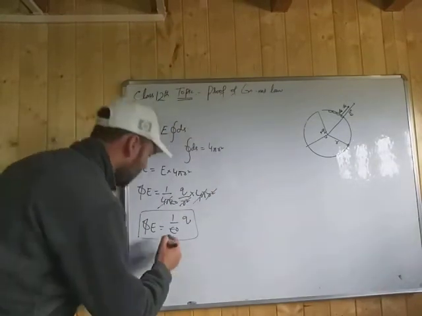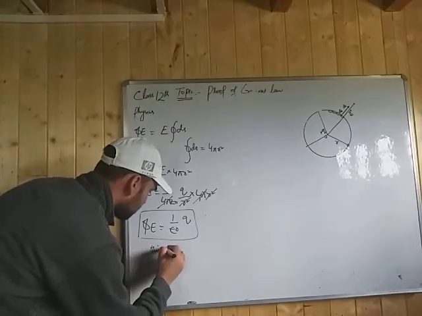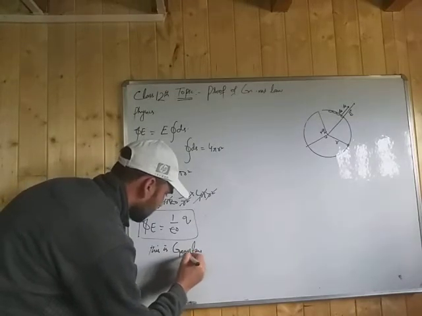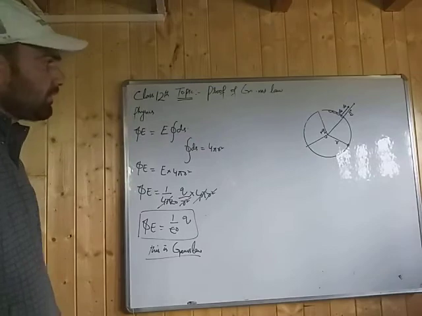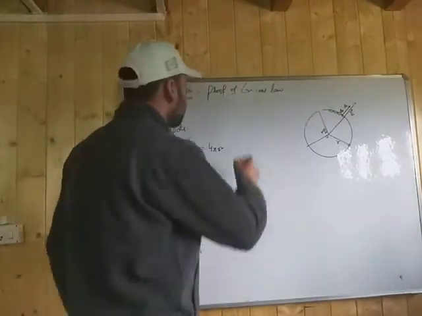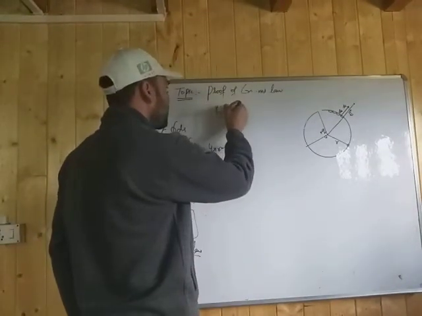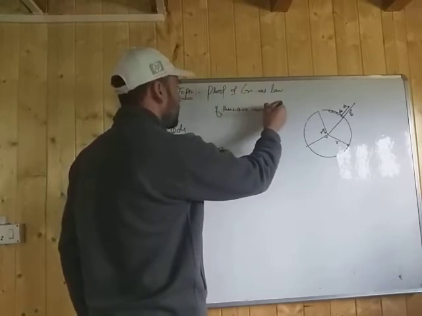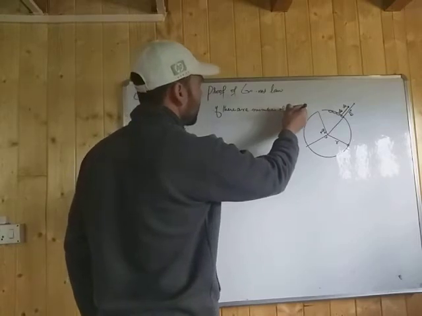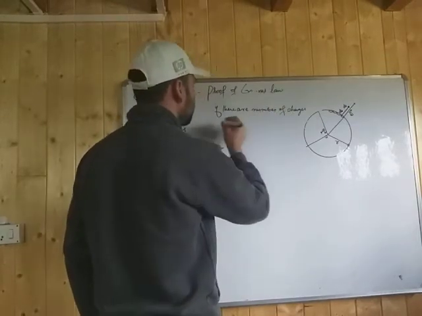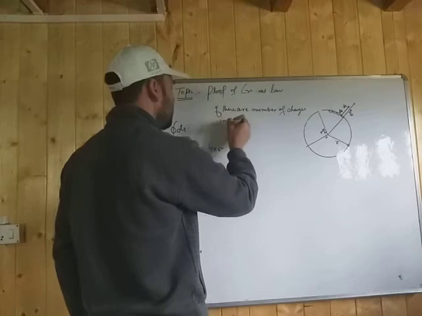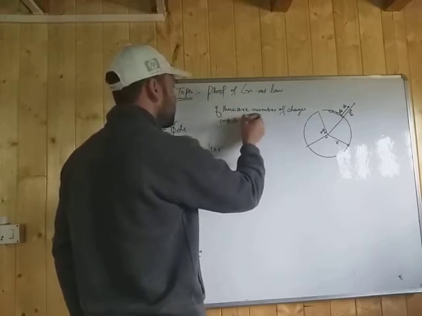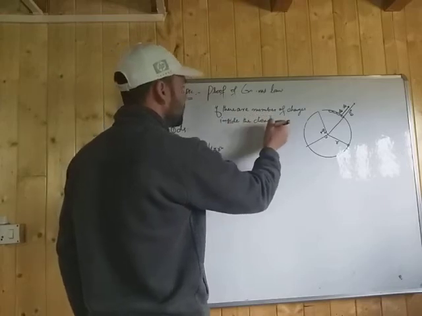So this is Gauss's law. Now, if there are a number of charges inside the surface, if there are a number of charges inside the closed, means Gaussian, surface,